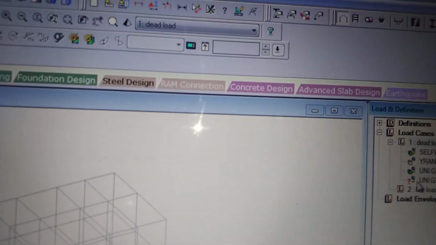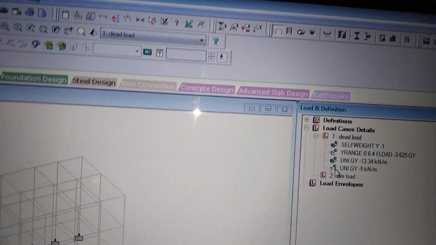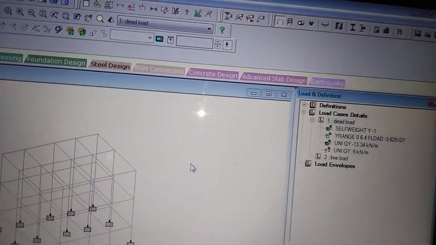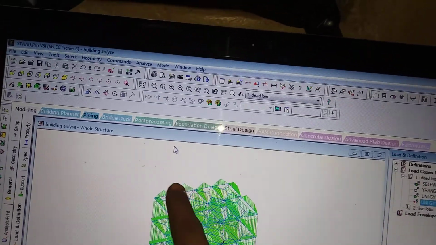So see here, it is a red mark, so that indicates that this load is still not assigned to beams. So I will select it, and I want a parapet only on the top side and also the edge side of the floor. So what I will do, I want to select, no? So I will go to the view from X section.